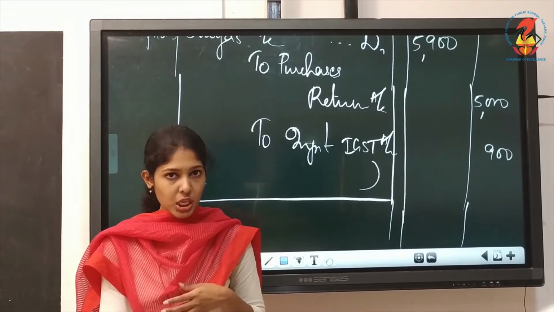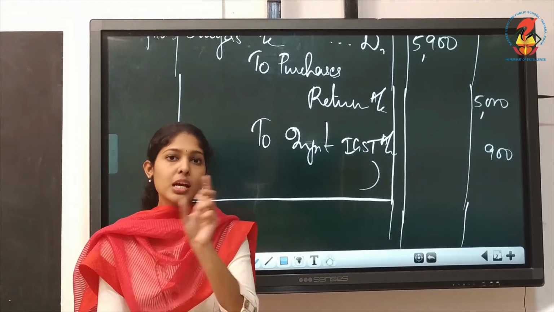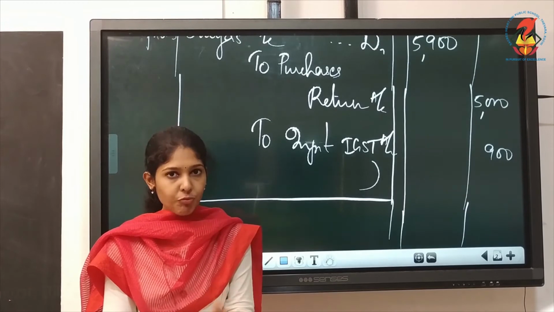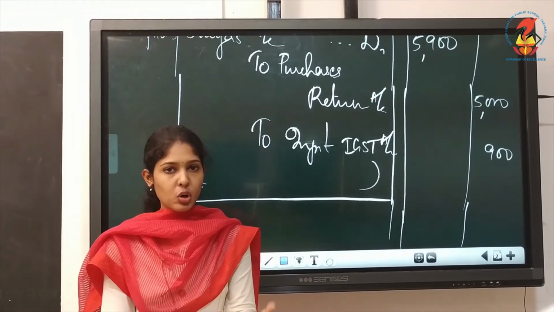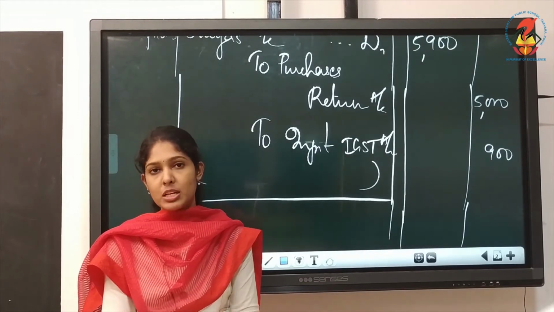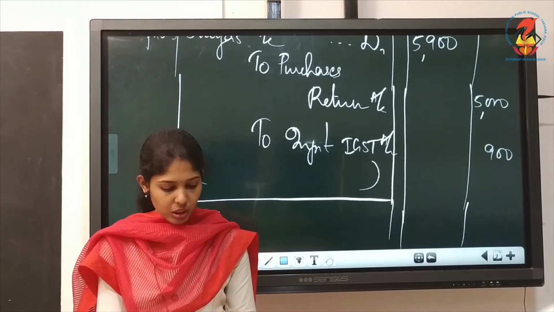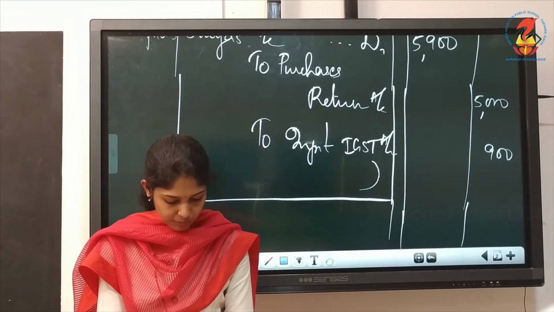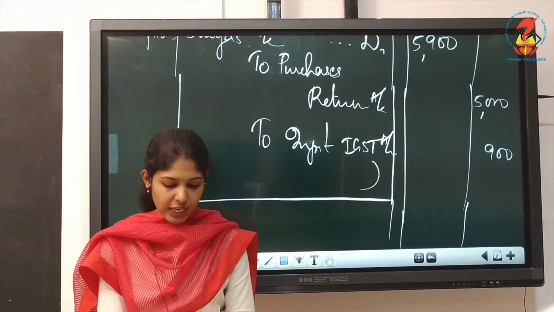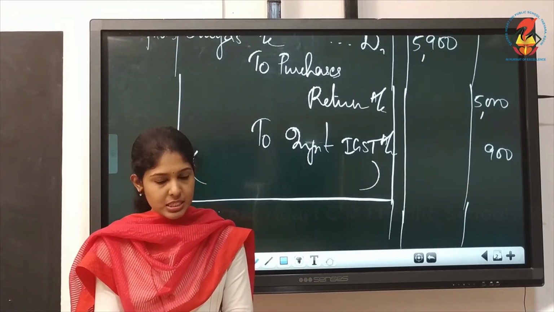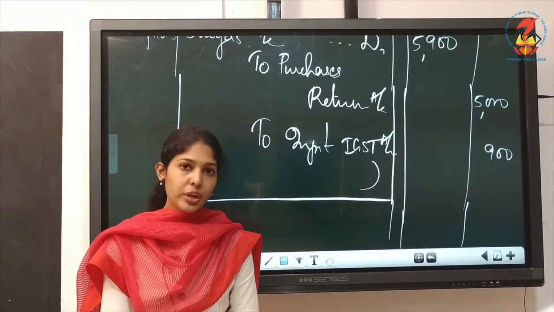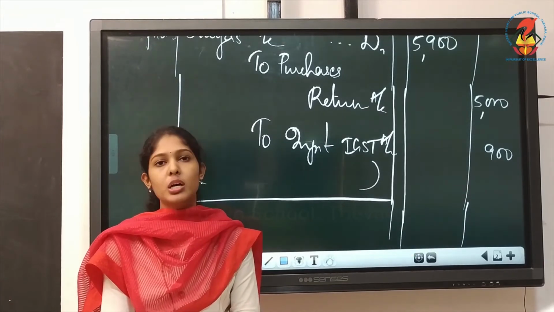So don't simply write cash account debtor to bank. It is drawings account debtor to bank. Understood? Since they mentioned as it is for personal use, you must write drawings account debtor to bank. If nothing was mentioned, you can write cash account debtor to bank account. Okay, that you write yourself. Then April 27th, paid to Surya by check. That also you can write because there is no GST there. What will you write? Paid to Surya on account. It is Surya's account debtor to bank account.